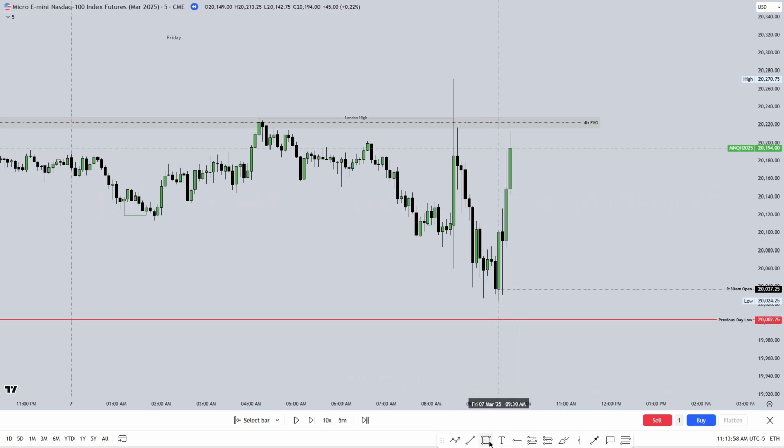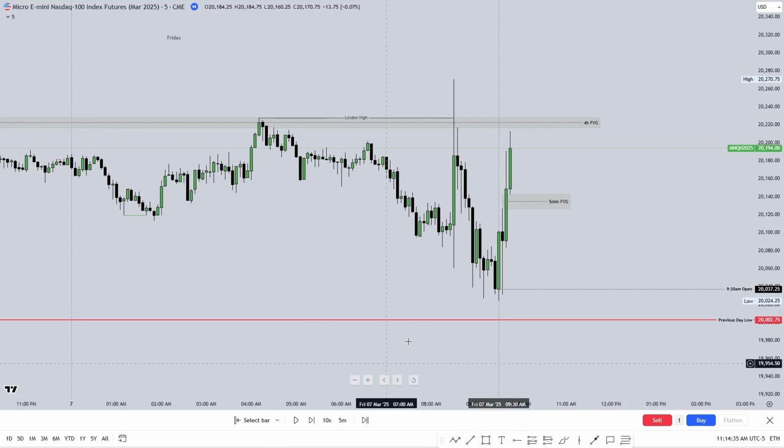So that's something that I want to have marked right here because this creates a really good condition in price where as long as we hold this, because there's no fair value gaps on the 5 or 15-minute below here, as long as we hold this, I would expect to be bullish. If we close below it, like this, then I would expect to be bearish, right? Because that would be kind of like a change in the state of delivery. And remember what I said, I don't want to see this data high get hit up here, okay?